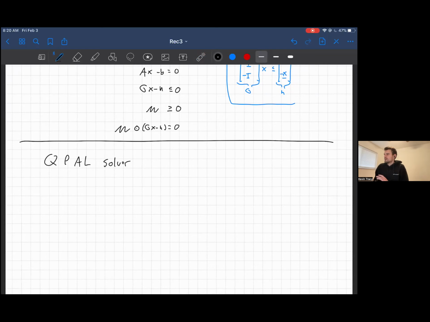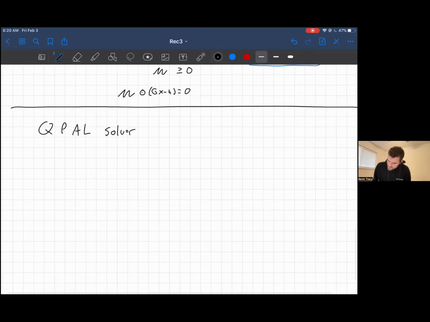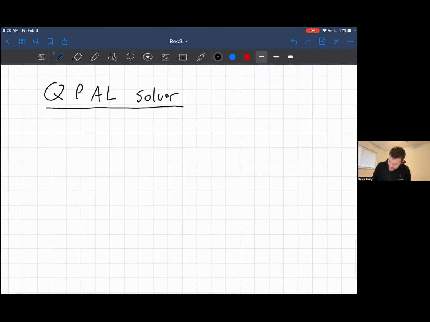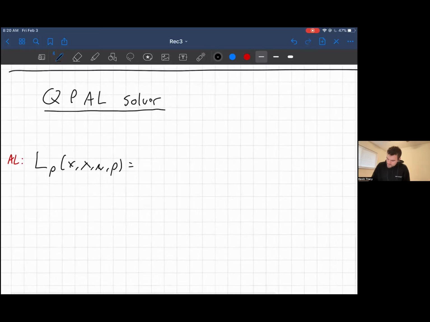So I'm going to walk through the sort of stuff that we're looking for when we set this problem up. So we have L subscript rho. Before, when I wrote down the Lagrangian, I said L was a function of x, lambda, mu. Now I have L with a little rho right here. And this tells me that this isn't my normal Lagrangian, this is my augmented Lagrangian. So this is the augmented Lagrangian, L rho of x, lambda, mu, rho, equals our normal Lagrangian